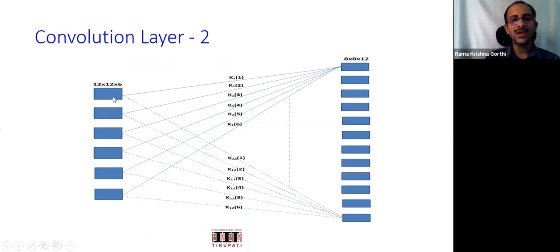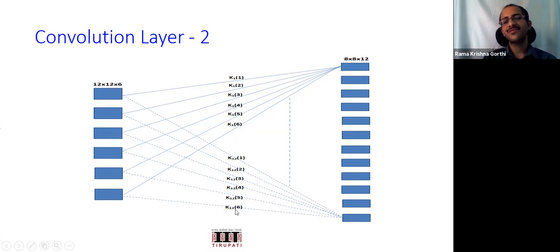So this is another analogy, as I discussed before. When we have multiple layers, say 6 layers here, and you want to get 12 feature maps, in the convolution operation you can also think of each feature map in the previous layer as a single neuron. Then you have 6 neurons here and 12 neurons here. So how do we connect them in a fully connected fashion? You can think of each 5 cross 5 kernel as a single weight.